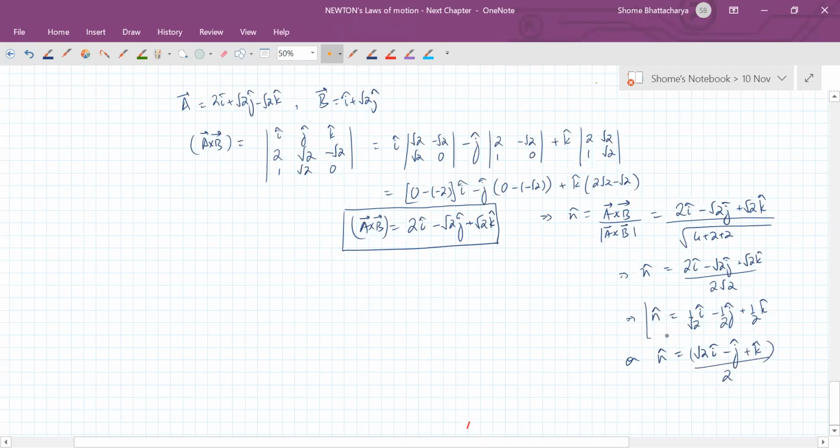Okay. So whichever way we express it, this is our n cap. So E is either plus or minus 4 of n cap. So E is either plus or minus of, you can write this as,